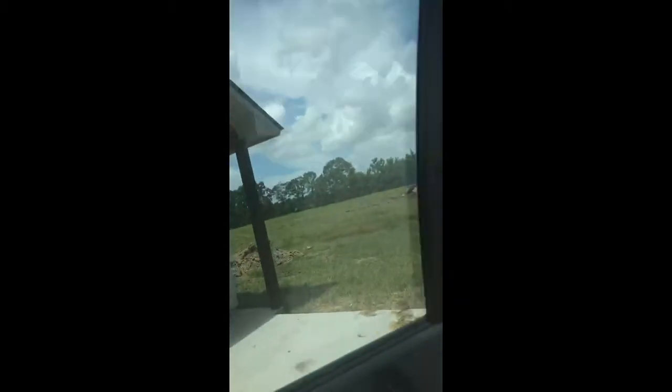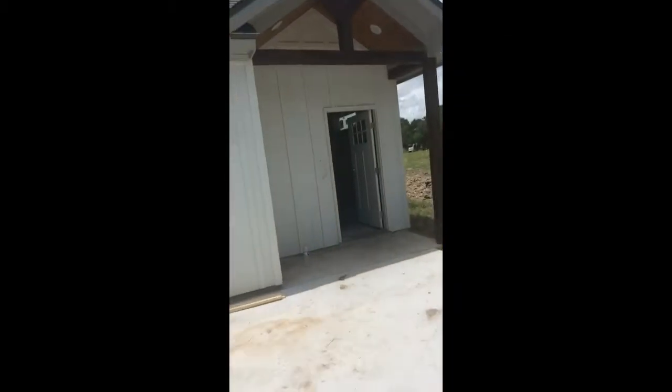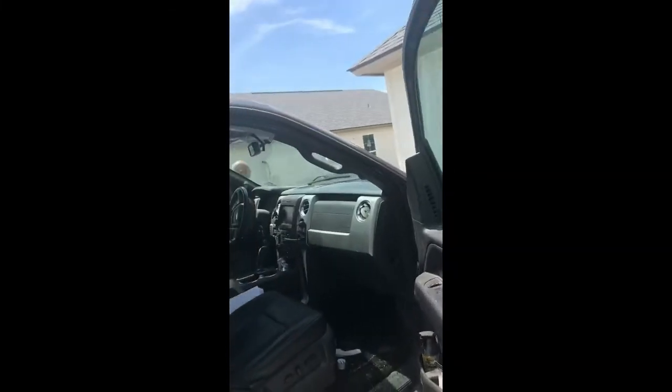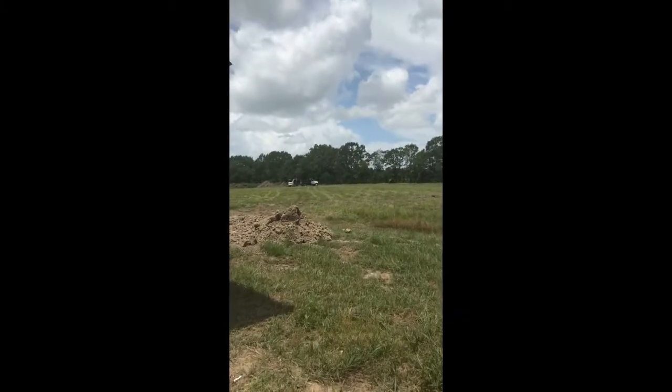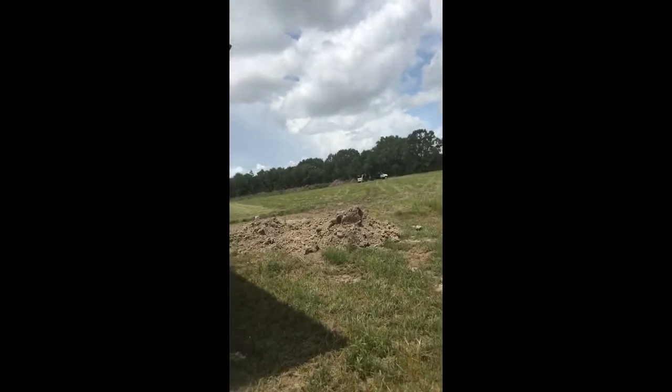So pretty excited about this project. Definitely wanted to come all the way out here and see it with my own eyes. So there you see some of Derek's toys. He likes to come chill out here and do some digging in those for his time off. But let me show you, we have some